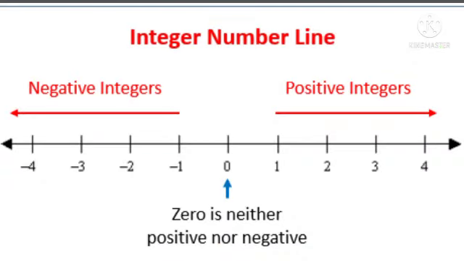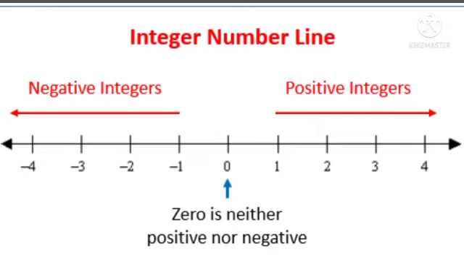Represent the integers on the number line. We can take a line, in the middle we take 0, and on the right side of 0 we take positive integers at equal intervals. So we can take 1, 2, 3 and so on to infinity. This arrow mark represents that the number line can be extended indefinitely. So in this sense we can write positive numbers to the right of 0.